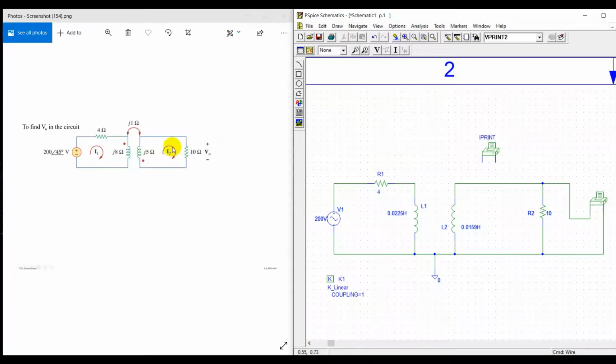And in this circuit, we are calculating the current across I2. So let us cut the wire and connect iPrint across the elements. As we have the values of V and I in polar form, therefore the simulated values of V and I must also be in polar form. So double click on iPrint.